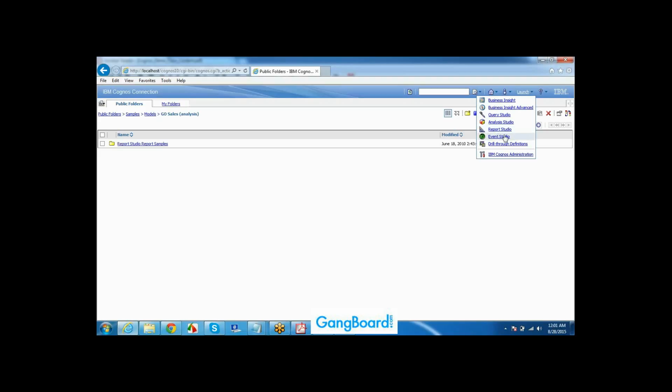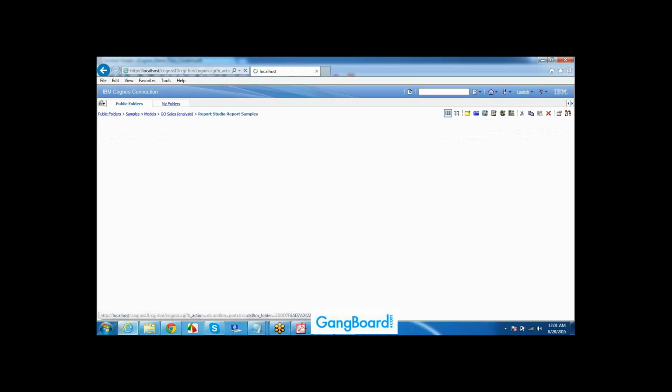Event Studio is nothing but just a scheduler. By using any of the three studios, Query Studio, Analysis Studio, Report Studio, we will create reports. Those reports will be saved under this Cognos Connection page only. By using this GoSales package, they have created some reports, stored under this folder only.